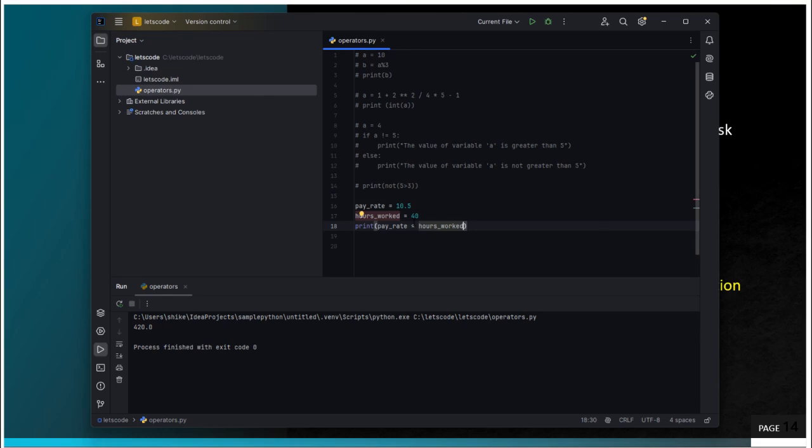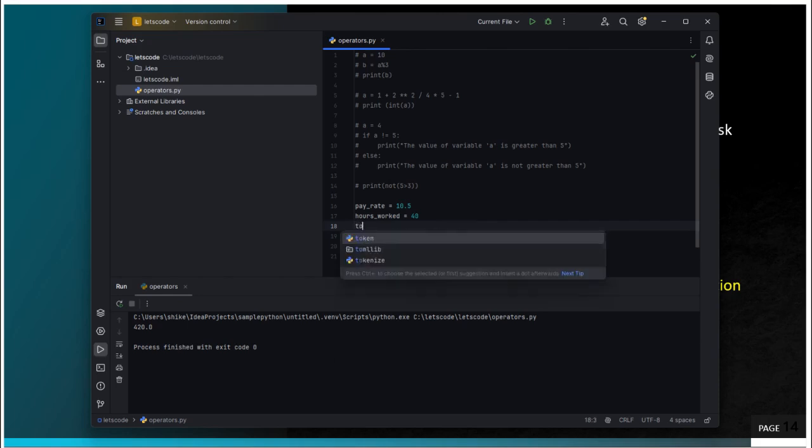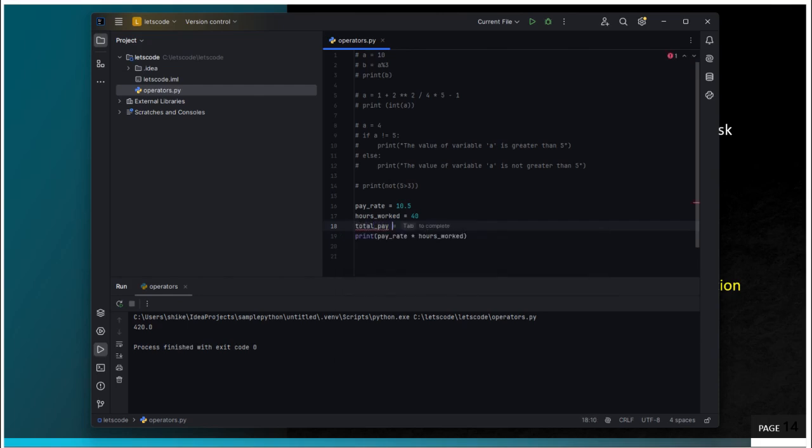Now, if you want to make it more meaningful, or easier for others to understand, what you can do is add a third variable where we say total_pay equals pay_rate into hours_worked. And let's remove this, and we'll make it more meaningful. So we'll use our f-string, then open our brackets, and we'll say